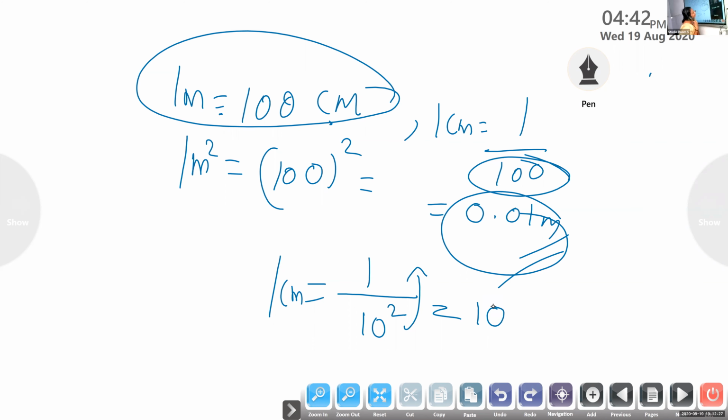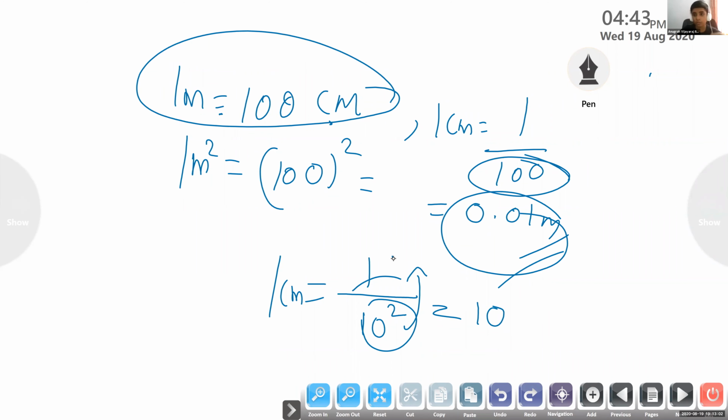You all are very poor in maths. I'm telling you, you studied integers in seventh standard, no? If you take this 10 to the power of 2 in the numerator, what will happen to it? Give me the answer. 10 raised to 2.